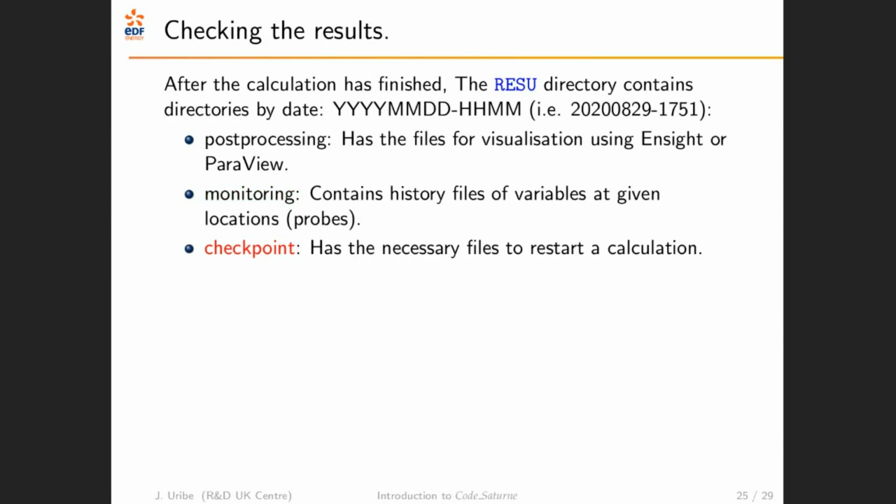The checkpoint directory is quite important because that has all the values at all the cells for the last iteration stored. So you can restart from there if you want. That's a file that is only readable by Saturne, so